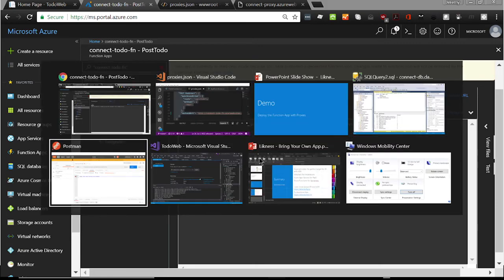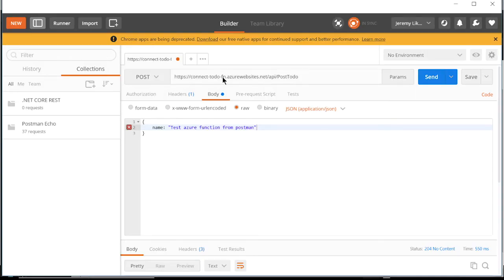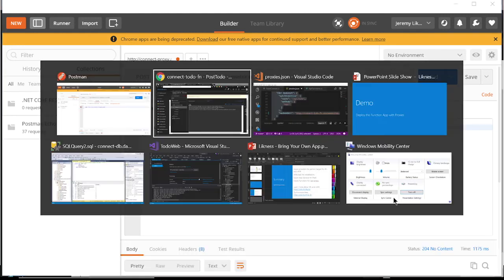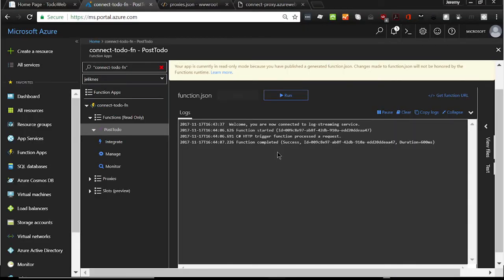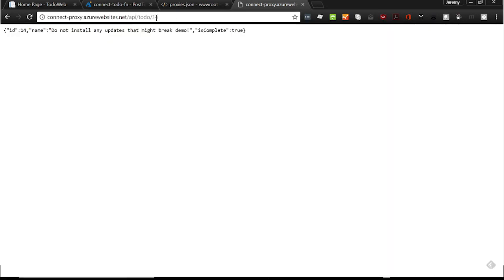If I go into Postman and I change this API, and this time we're going to send Azure function through proxy. That's what our task will be called. Let's click send. So it sends it out. We get the 204 no content. Let's take a look in the portal, and indeed we see that the serverless was triggered. So now that proxy endpoint will split off some requests to my platform as a service API and some requests to my new serverless. The last step that we need to take is just to update our web app to